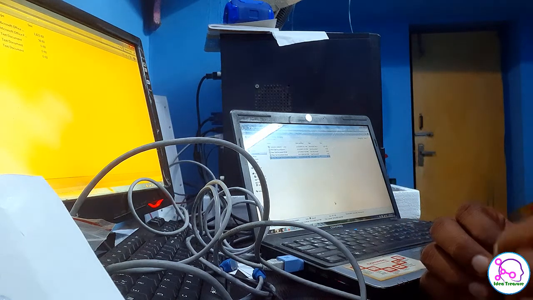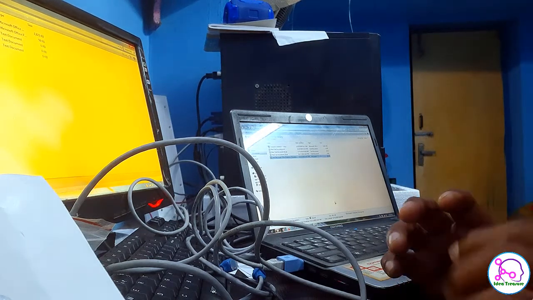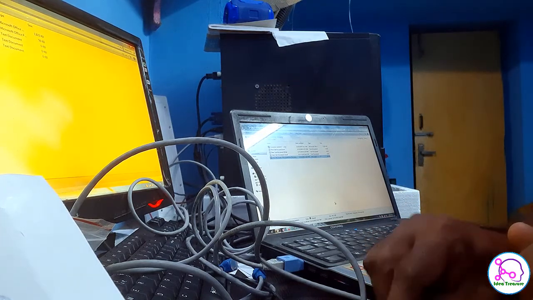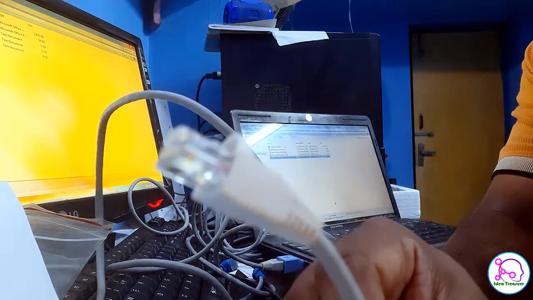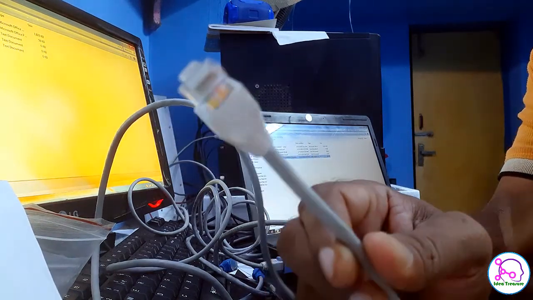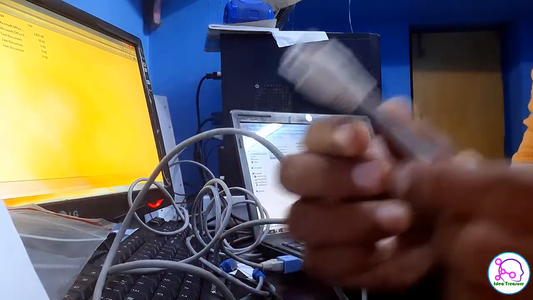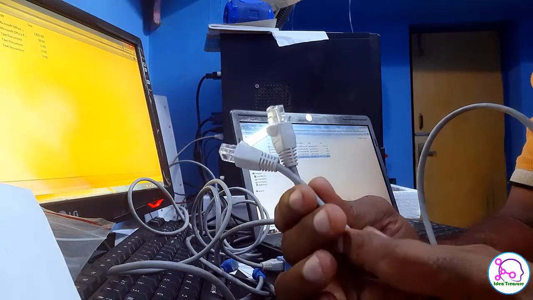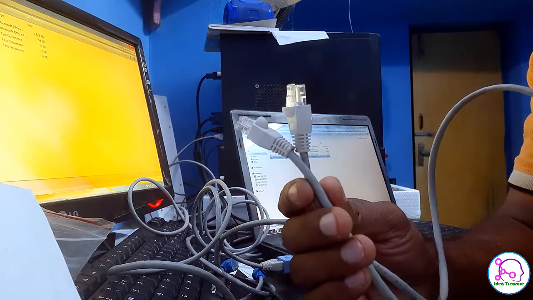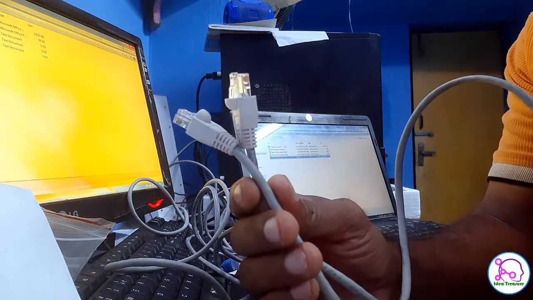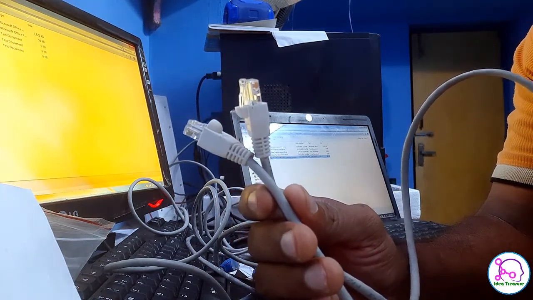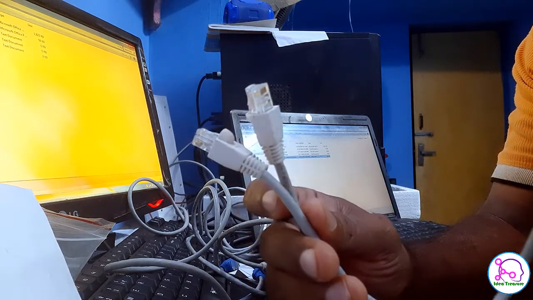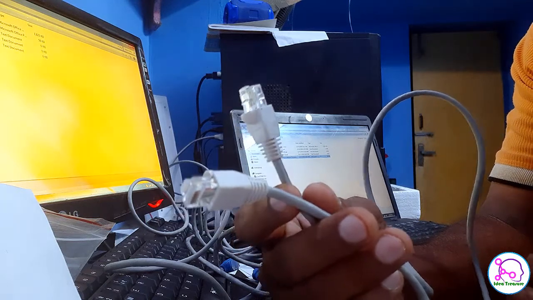Everybody would already know that there are basically two types of cables in networking, like this RJ45 cable. One is the straight cable and the other is the crossover cable. You might already be aware that these two cables are used for connecting between networks, I mean connecting between computers, or the modem to the computers, or for any network and internet purposes. So I don't have to give a detailed explanation about it.